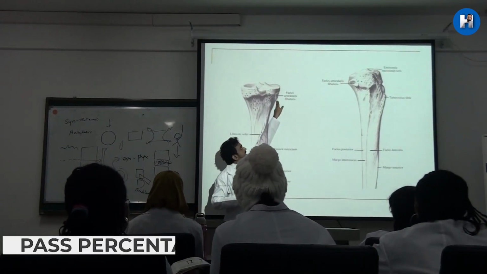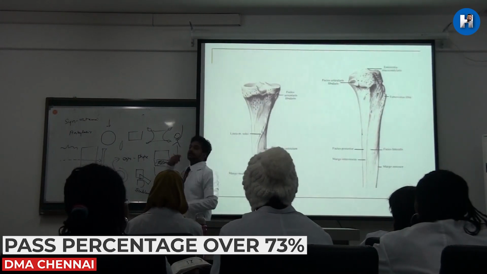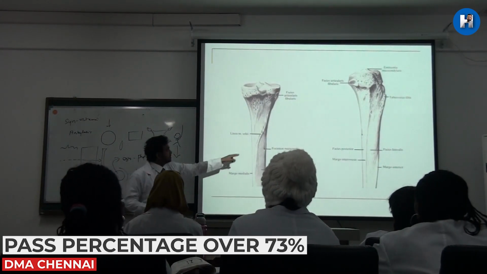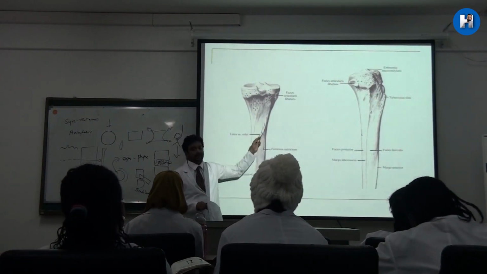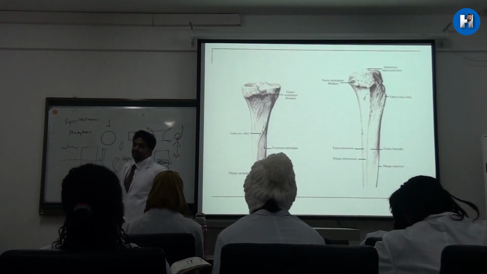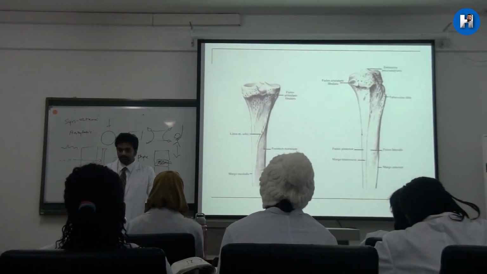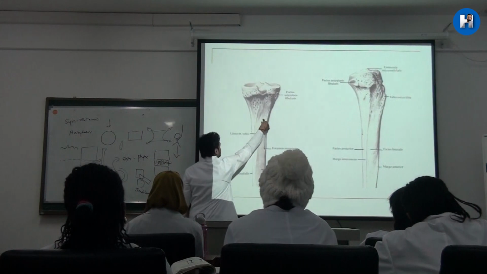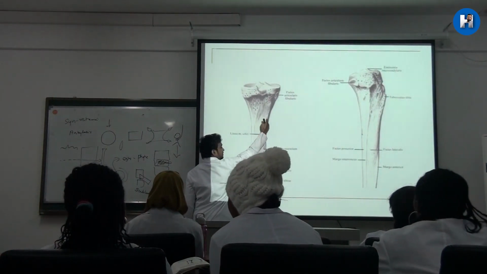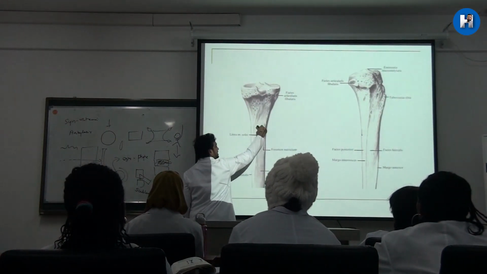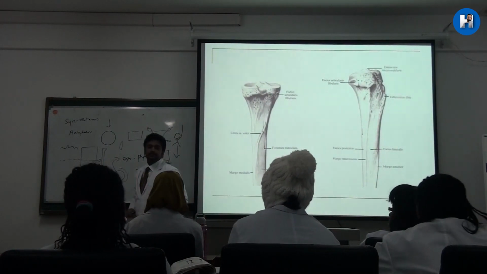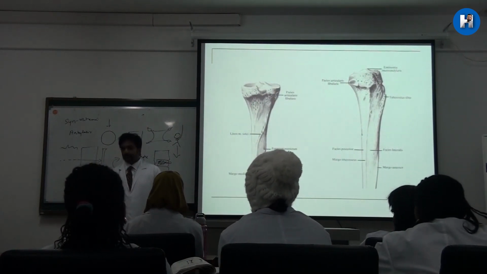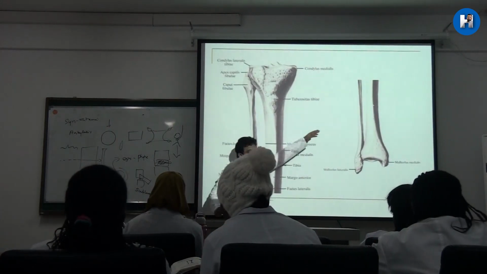In the lateral condyle, there will be a facet for articulation of the head of fibula. Starting from the lateral surface, running inferomedially, there will be a line. It is called the soleal line, where musculus soleus will come and attach. In the posterior surface, it is starting supero-laterally and running inferomedially, this way. Understood? Below this, of course, there will be one more foramen, the nutrient foramen, which I already explained to you in the growth of the bone.